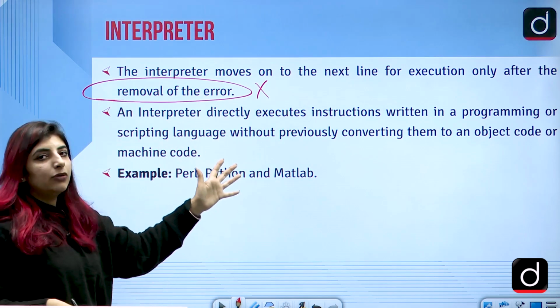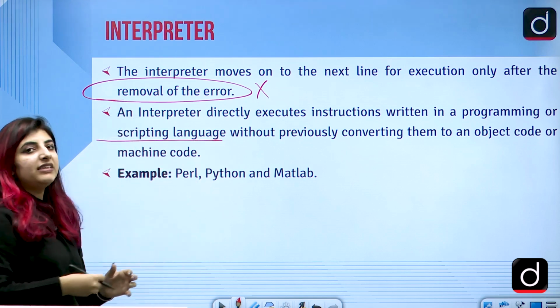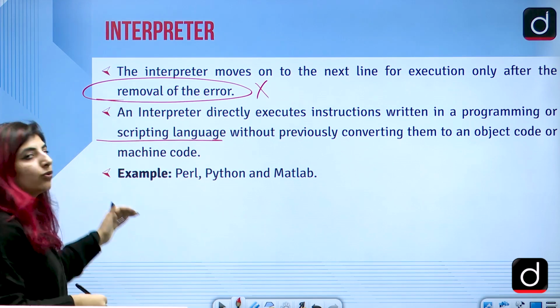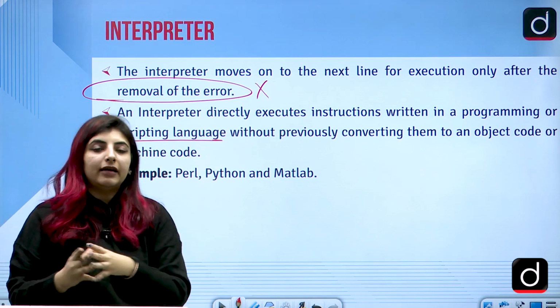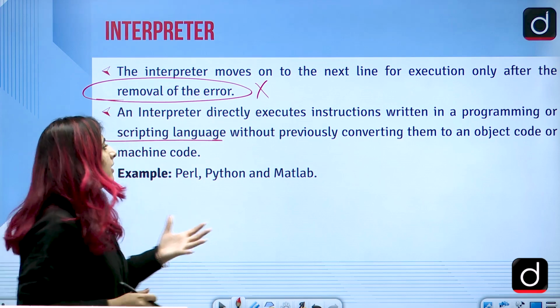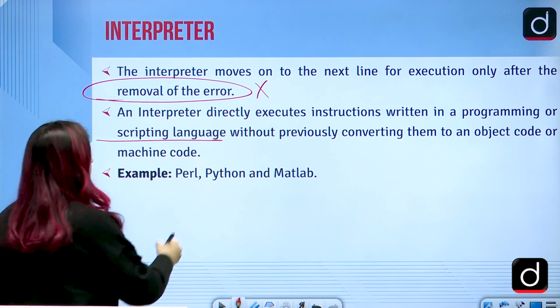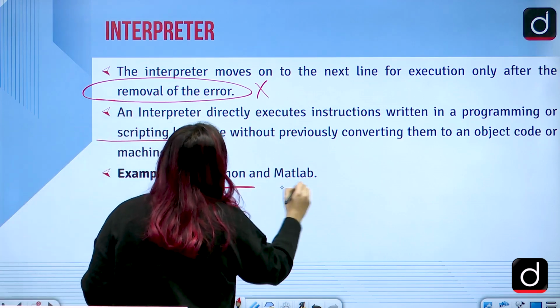It directly executes instructions written in a programming or scripting language without previously converting them into object code or machine code. So it does not really convert it to machine code, but it will collect it and translate it into a programming or scriptable language. Examples are Perl, Python and MATLAB,